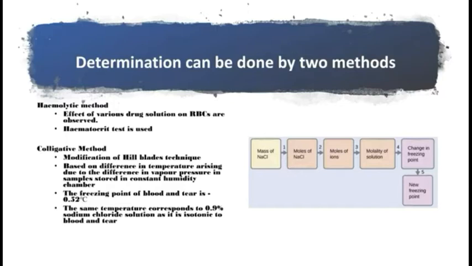So 0.9% NaCl has a depression in freezing point of 0.52 degrees Celsius and is thus isotonic to body fluids, and 0.9% NaCl is equal to 0.154 mole per litre. So delta Tf = LISO × C, 0.52 = LISO × 0.154, then LISO = 0.52 / 0.154, which is equal to 3.4.